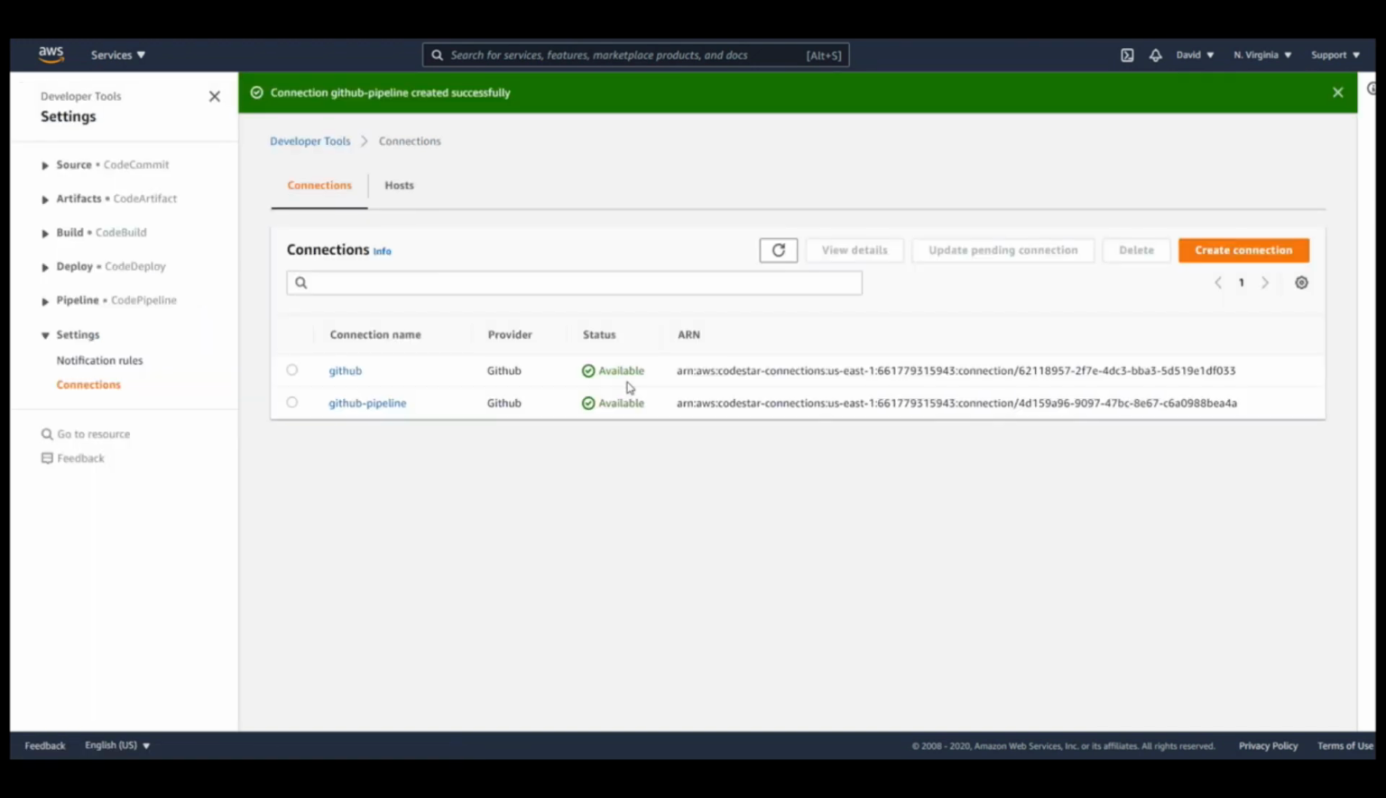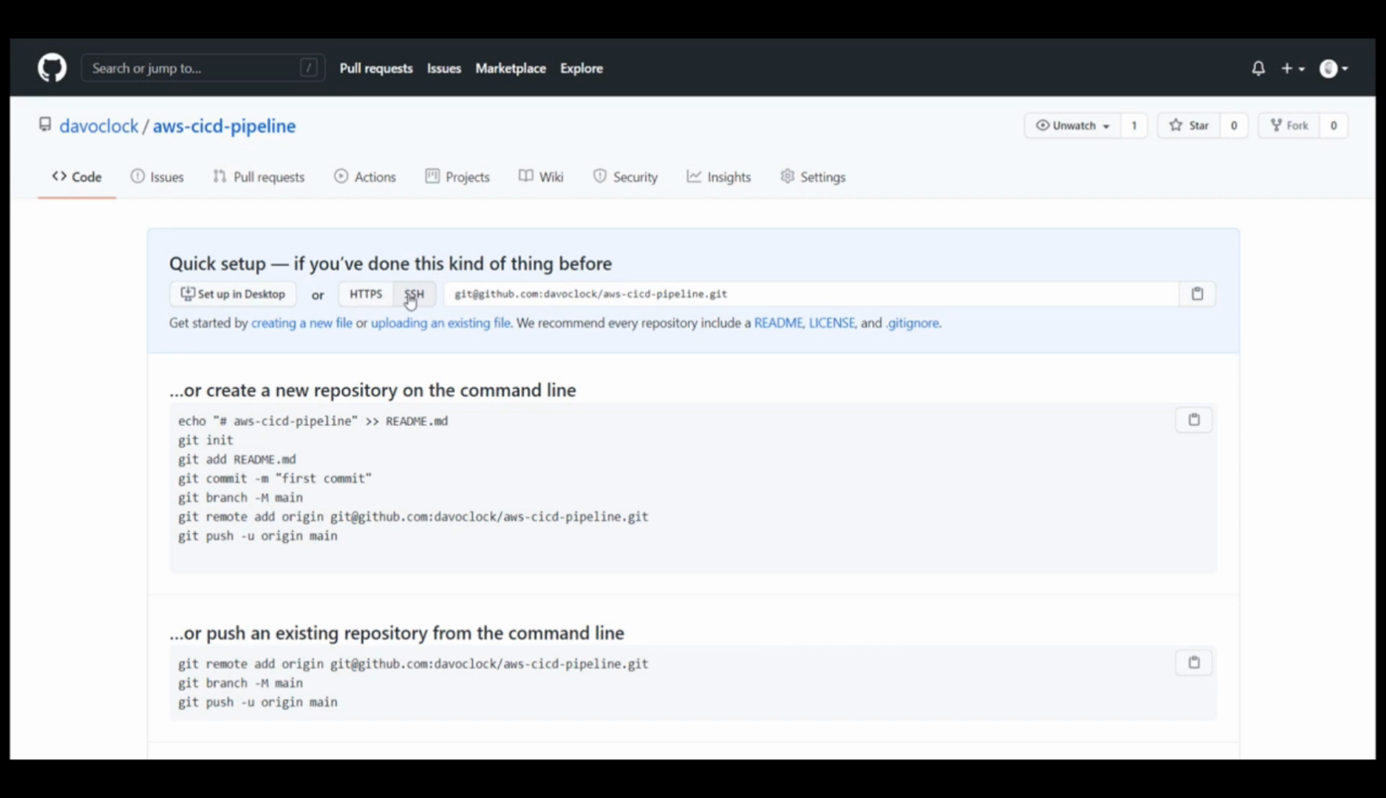Actually, we'll need to record the ARN, the full ARN. And finally, we will want to set up our dev environment. So what we'll need to do here is go to our GitHub repository and then clone our new project into your local